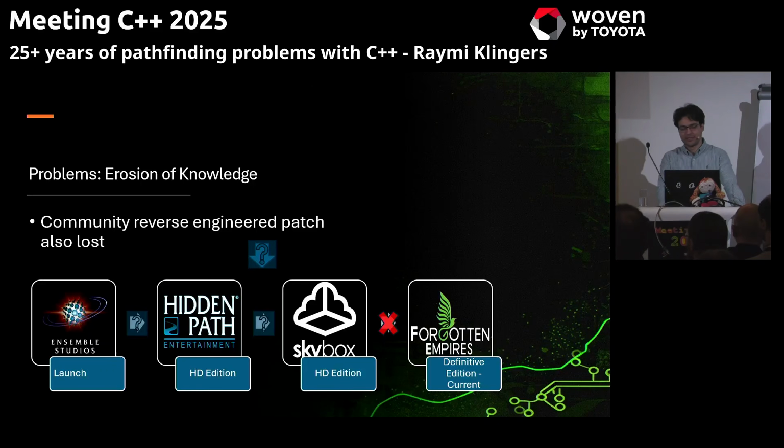On top of this, the community also created their own patch for the original game. They reverse engineered the executable and just changed the assembly and made the pathfinding actually better. Unfortunately, the guy that was responsible for these changes disappeared, and we never got these changes. So the community is taking that patch as the golden standard of pathfinding, and we didn't have it, which meant that when we started, we were basically down 3-0 already.